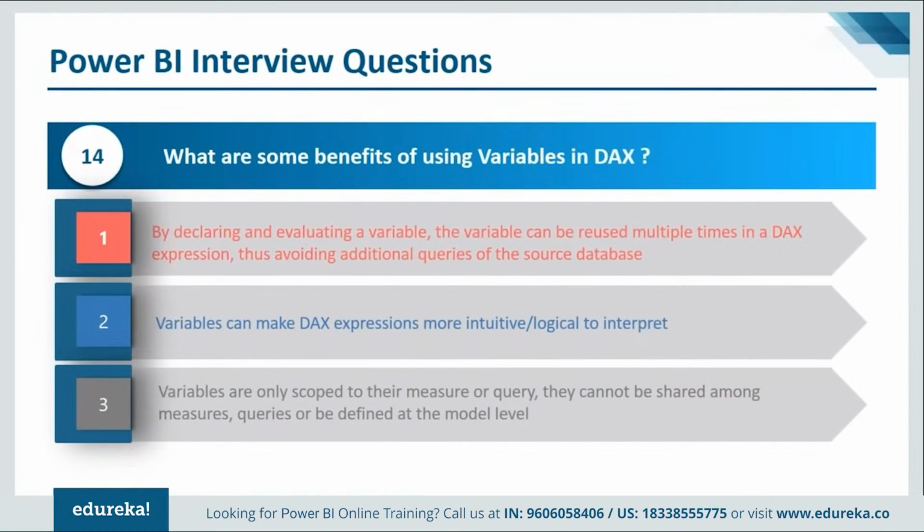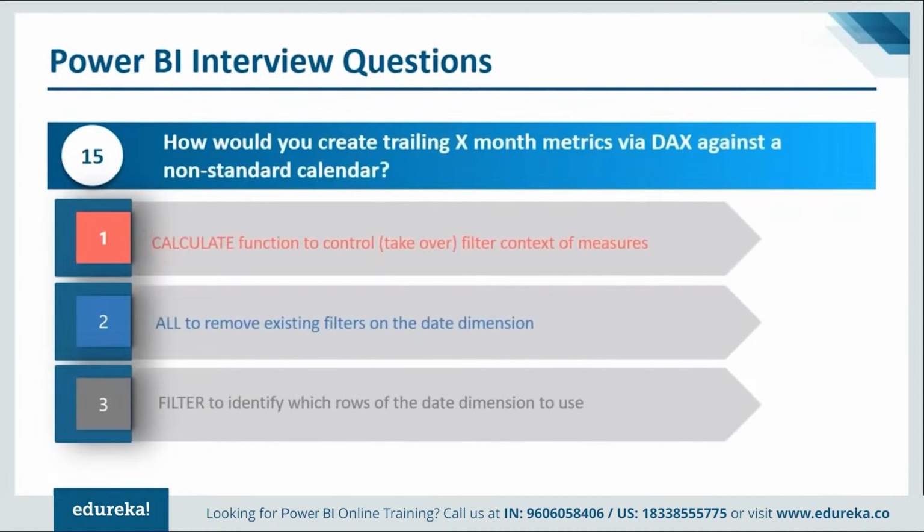So variables, one of the most important use cases is that they can be reused multiple times so as to avoid any kind of duplication or redundancy in your overall code, right? There are some other examples that we have on, you can specify what are some of the time intelligence functions. Again, CALCULATE is something that you can use for this. So we talked about CALCULATE, ALL, and FILTER, and you can obviously use them in multiple ways to go ahead and create n number of different use cases.